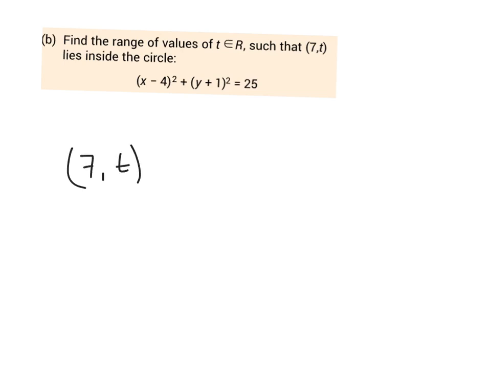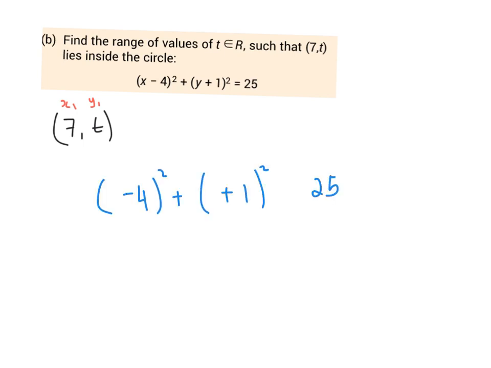We've our 7 and our t, x1, y1. And so here, substituting those in. Okay, so here I'm just substituting in my 7 and my t. You can see I haven't put in an inequality sign here yet. I'm told in the question that it lies inside the circle, so I know that means it has to be less than. So here I'm going to have 7 minus 4 all to be squared,